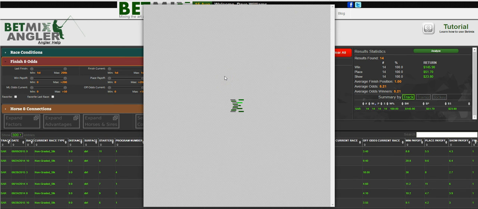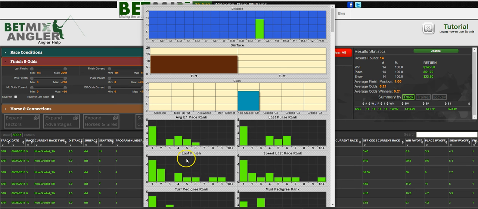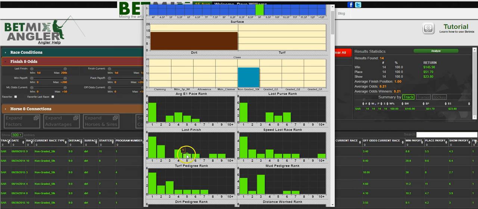if you're looking at it and you notice that, let's say, most of the winners in last finish were top 4, you can get rid of these horses that had 1 here. You're going to lose those, but you're going to increase your percentage a lot. You're going to miss a couple of them occasionally, but your goal here is to get a very high percentage. So if you eliminate some of the winners, that's fine, but the trade-off is you've got to be eliminating a lot of losers. So I will give up 1 winner in exchange for giving up 10 losers. That's not a problem. I want to eliminate as many losing horses as possible, and if a couple of the winners get eliminated along the way, I'm okay with that, as long as I'm left with a pretty big sample